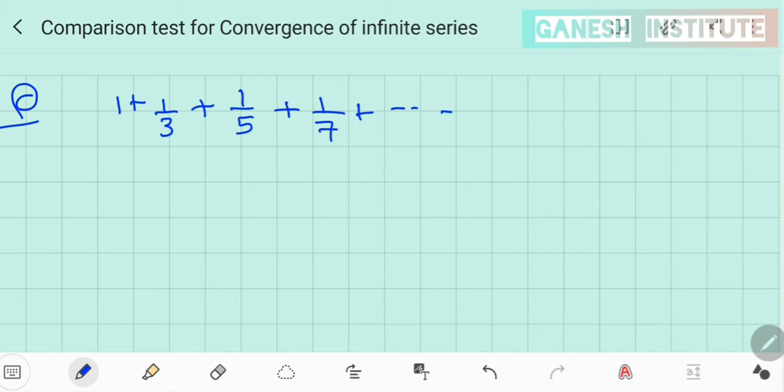If you see, this is a series given to you, and if you find out its general term, what would it be? Its general term would be, all the odd numbers are given below, right? So that means you have 1 upon 2n minus 1, right? Why did I take this? Because if you see, put n as 1. So 2 into 1 is 2 minus 1, which is 1. So 1 by 1 is 1, the first term.